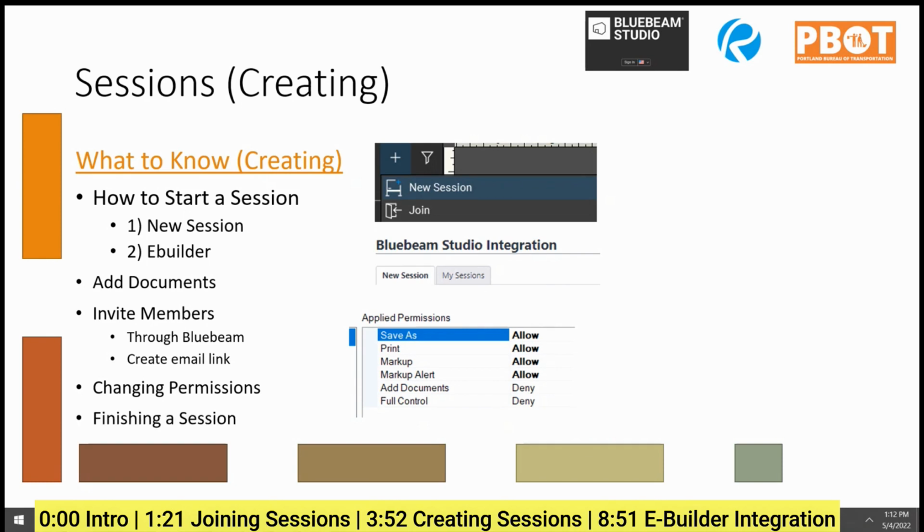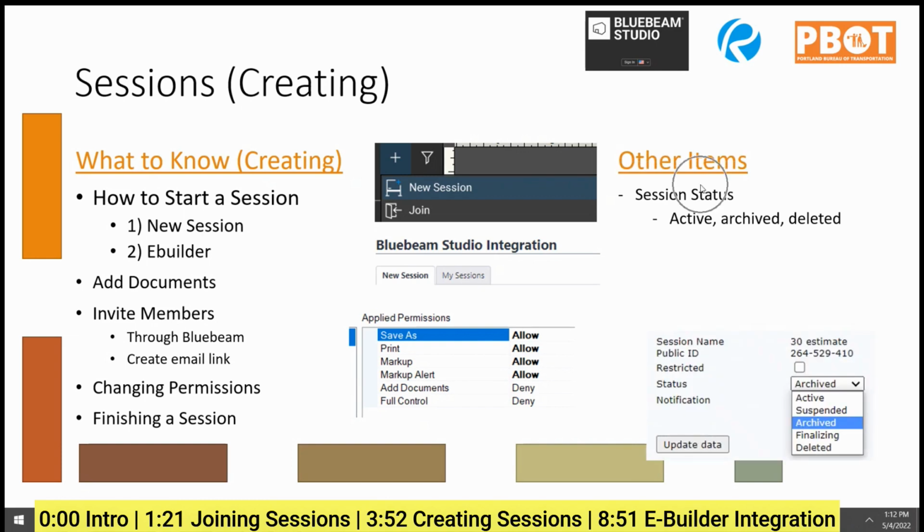And the last thing is finishing sessions. Finishing sessions essentially is, I would say for all intents and purposes, deleting the session out of the cloud. But there is a way to recover it, but it doesn't last forever. So I would say for all intents and purposes, when you're done with the session, you're not going to use it anymore, that's what we would call finishing the session. And so other kind of items I thought,